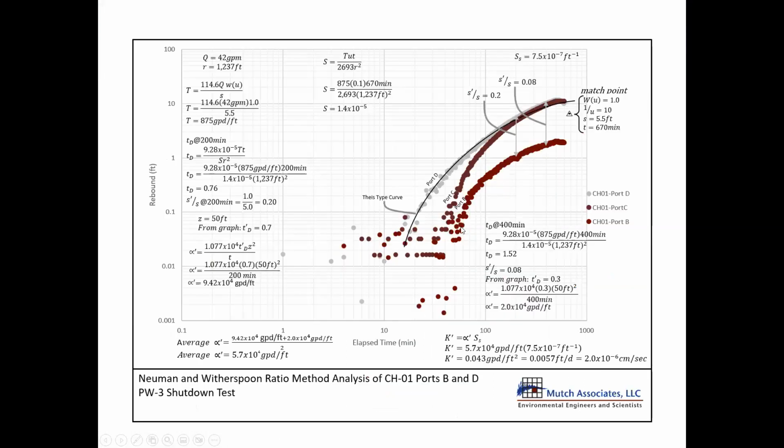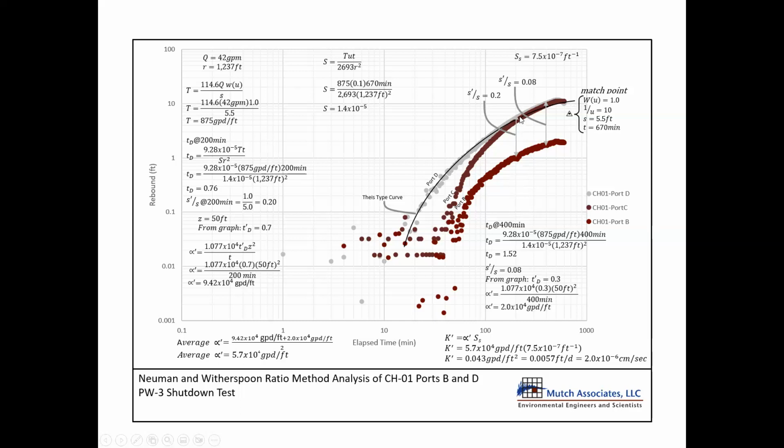And here's how those plotted. So the gray plot is the deep monitoring well, and the shallowest well is the B well, which is down at the bottom here. And what we're doing is looking at the ratio between the drawdown that was observed in the D port, which is in the high permeability zone, and the drawdown that's occurring in this upper part of the aquitard. And I'm not going to take you through this whole calculation. Suffice it to say,